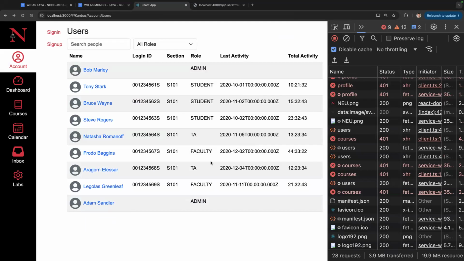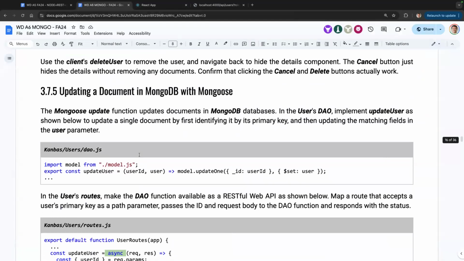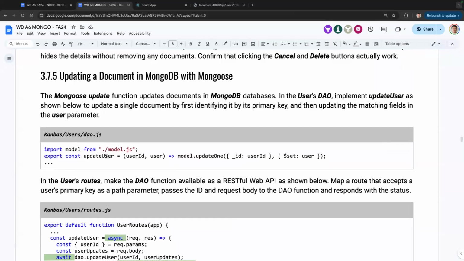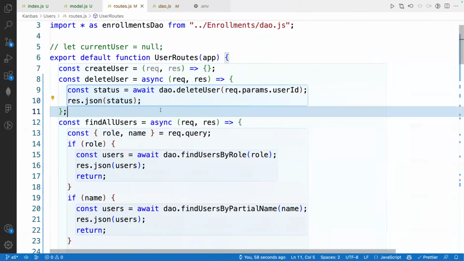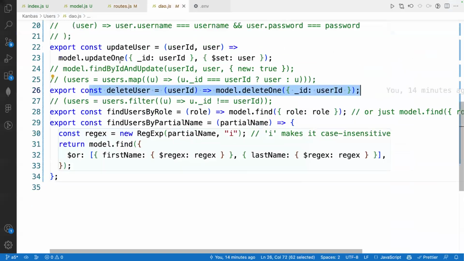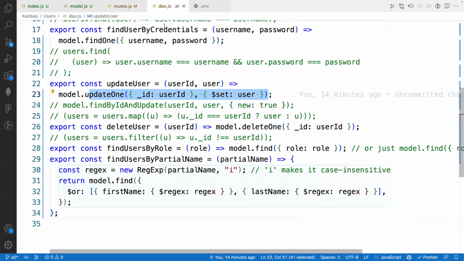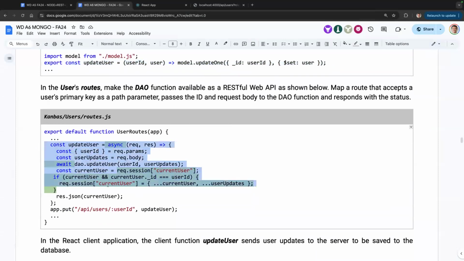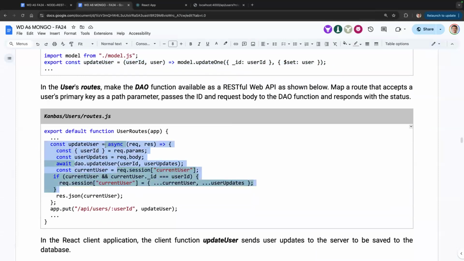They're gone. All right, so we have a create. Well, no, actually, we didn't do create a user. We did delete. We are retrieving all the users. We're retrieving an individual user. How about updating a user? So update, we did create in the DAO update, using update one. Now in the route, we're going to implement the update route function